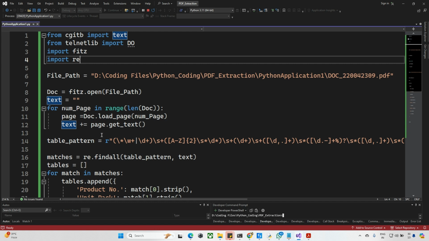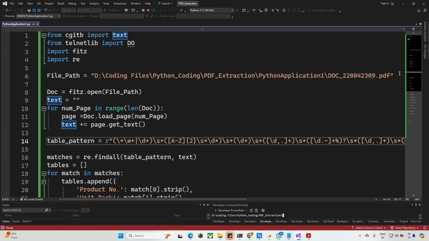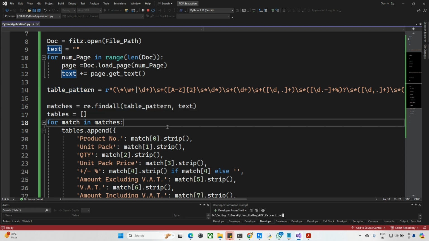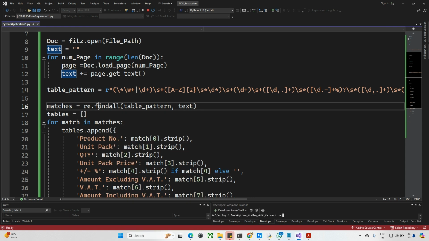Once I did that, what am I doing in the next step? Let me go down. Whatever the regex pattern is, I'm storing it in one table. After that, re.findall. Find all means whatever data it finds, it extracts and puts into the pattern here. When you say table.append, when a match is found, first it takes product, match of 0, and after this it will take